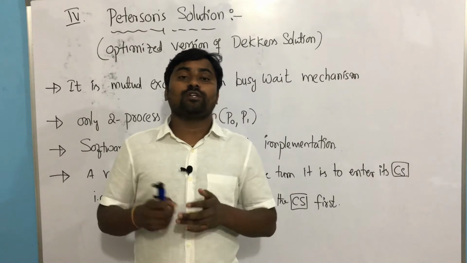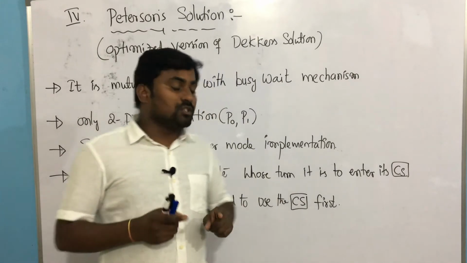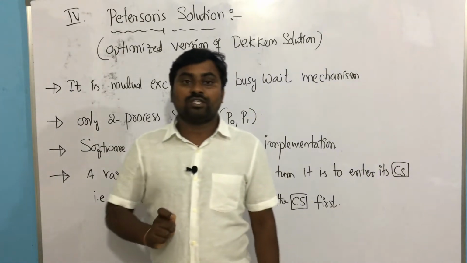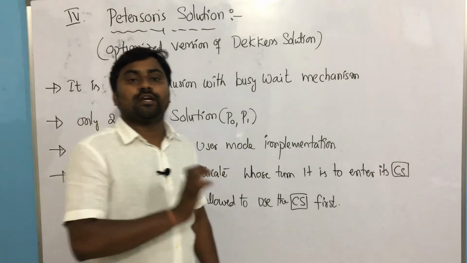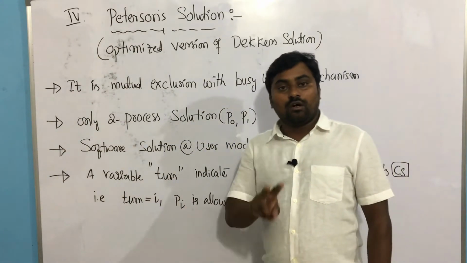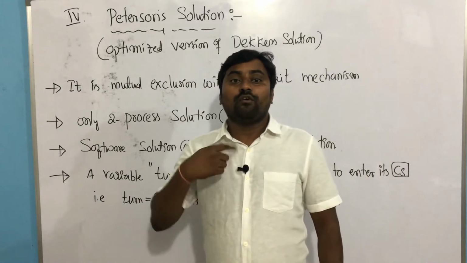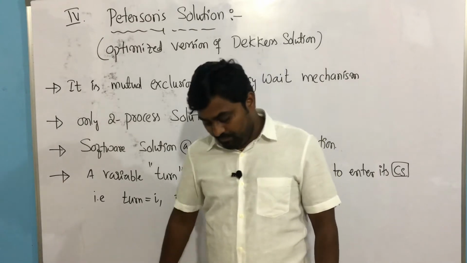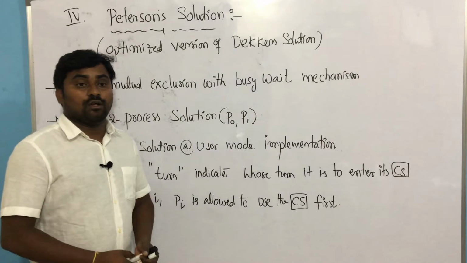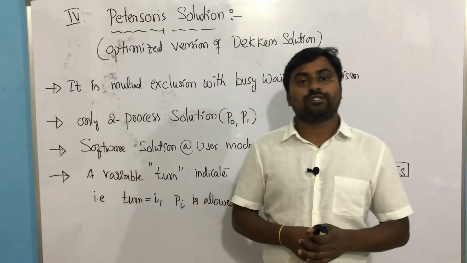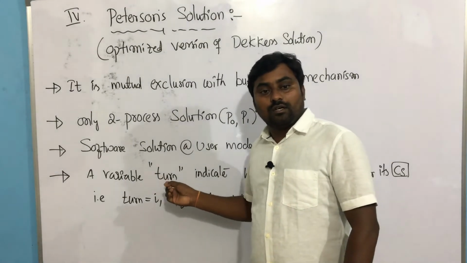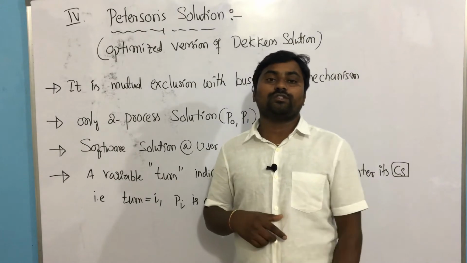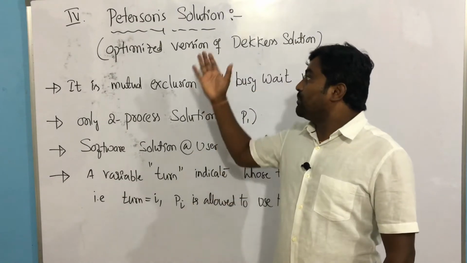then who is allowed to use the critical section? That question arises. At that moment, the role of the turn variable comes. When both processes are ready and interested in using the critical section, the turn comes into play. Of the two processes, whichever updates the turn value last is the one that will use the critical section. That you have to understand. And the third step: we need to select and define which process is allowed to use the critical section, and that is completely based on the turn value only. First, show your interest, update the turn value, and then allow the use of the critical section. That simple three-step process is the Peterson solution.